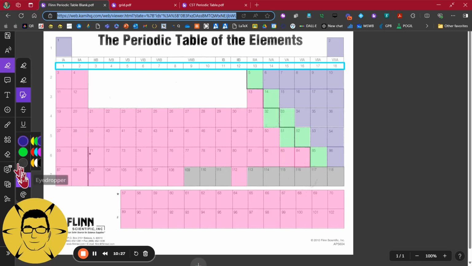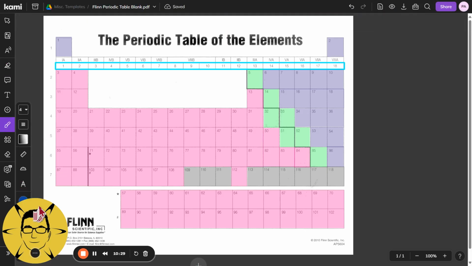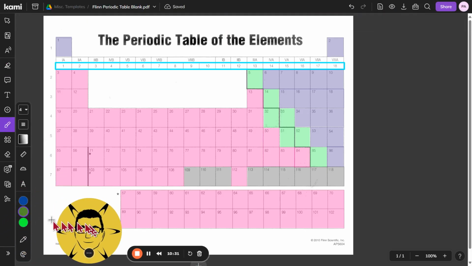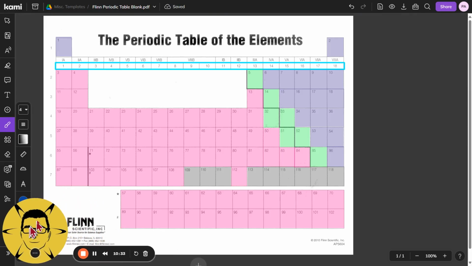And I'm going to recommend to you that you write in the element names, or the symbols. So I'm going to do that for you guys. This is boron, silicon, germanium, arsenic,